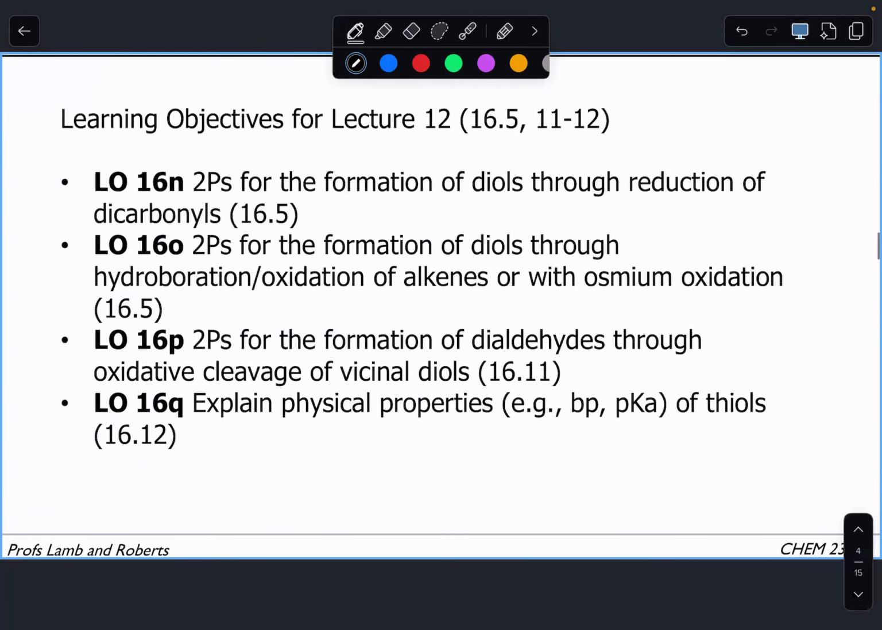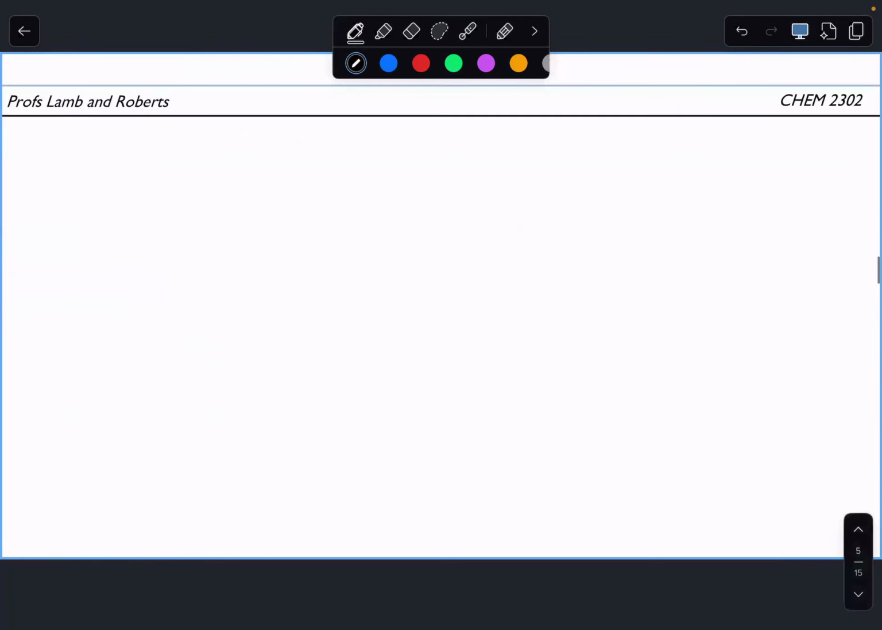So we have 4 learning objectives, but the first one is just review of what we've been talking about. And then the next 2 are 2P reactions, so you do not need to know the mechanism for them. They'll just introduce a couple new reagents for the formation or reaction of diols. So that's the theme of today's lecture: diols. So 2 different alcohols, and then we'll briefly cover thiols at the end to finish up chapter 16. So let's start with our first learning objective,